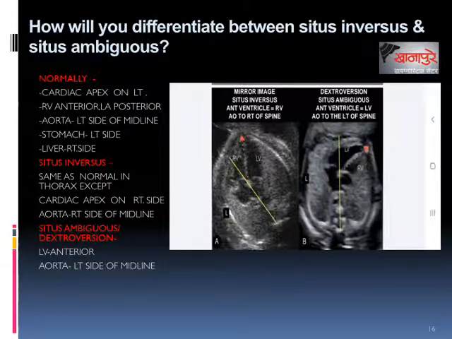If the anterior chamber is the left ventricle, always think of corrected TGA and isomerism. We already learned that any situs other than situs solitus and situs inversus is situs ambiguous. Now, your antenna should go up after noting two findings. One is stomach and cardiac apex on opposite sides. Second one is to label situs ambiguous.